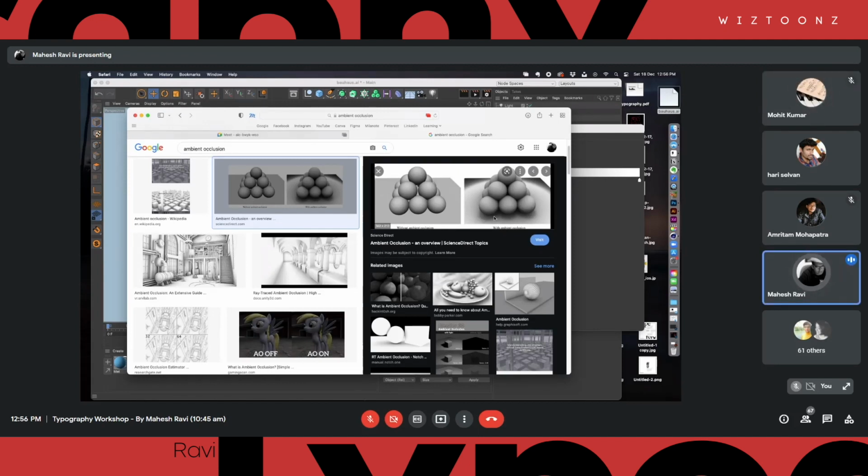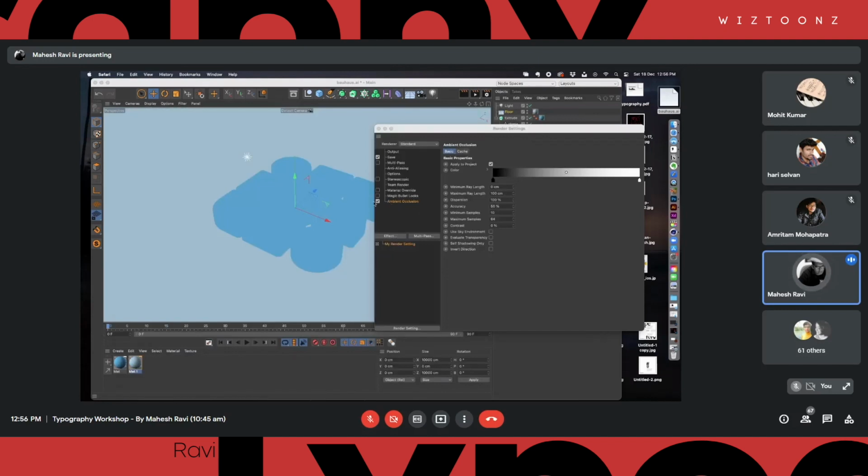It's not only casting the shadow down to the floor, but it is actually bouncing back inside the object itself, right? And that is what makes it real. So you can say the inner shadows that an object is going to have. The shadow which bounces back to the same object is called ambient occlusion. So we have to say that in a real scenario that is there. So I'm going to turn it on.